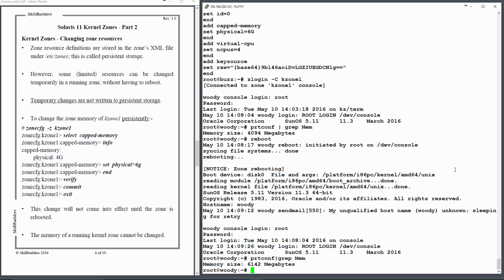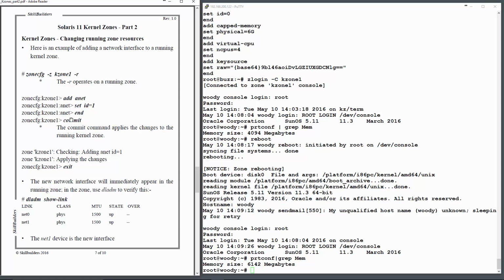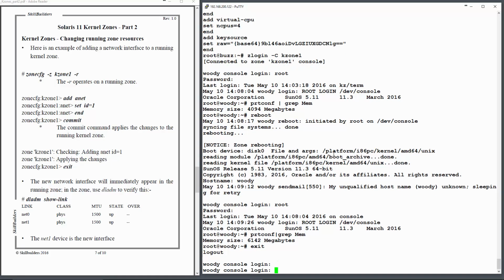so the zone configuration required that I reboot the machine to do that. That's not always the case. If we move on, let me show you how I can actually add to a running zone. So Woody is running. I'm going to exit from the console, back to